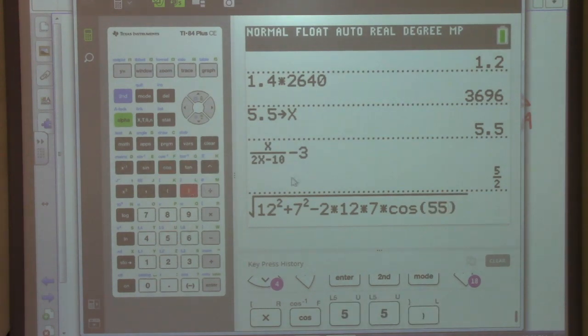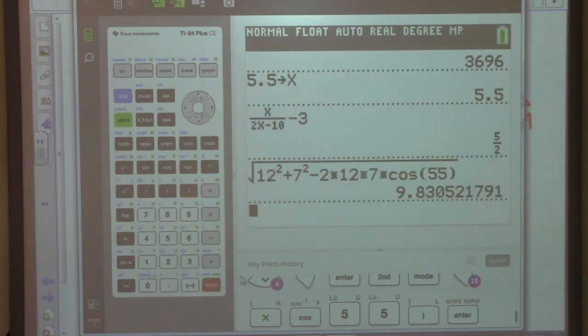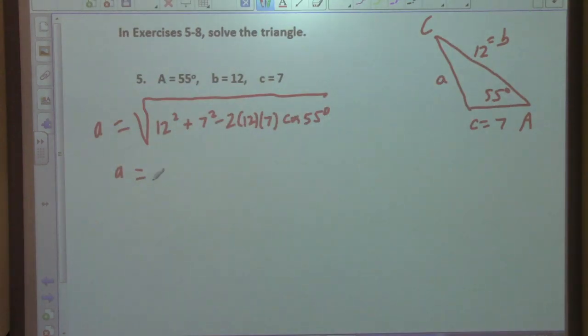What happens is my calculator, unlike yours, always comes back to radians. So we'll get 9.831. Does that look right? So A equals 9.831, and so what we have is that this angle C is going to be equal to